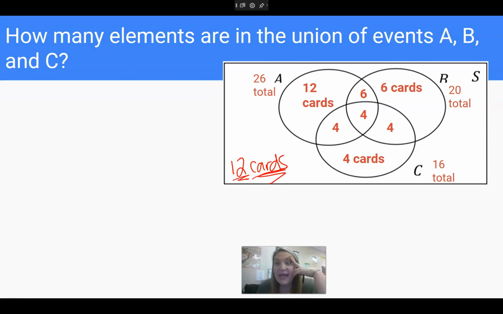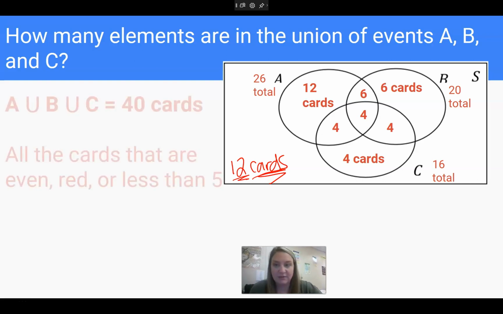Okay, how many elements are in the union of events A, B, and C? So union means all together, okay? If we are the teacher union, it's all the teachers working together. Union is all of them. So everything in A, everything in B, and everything in C, right? So that's going to be